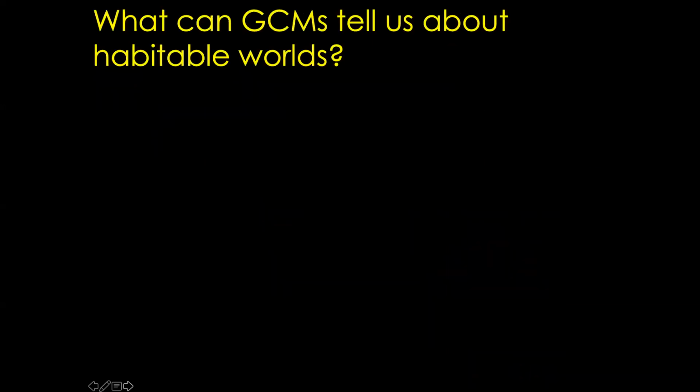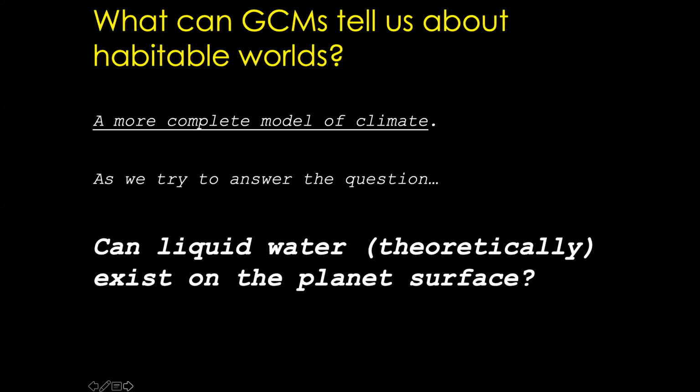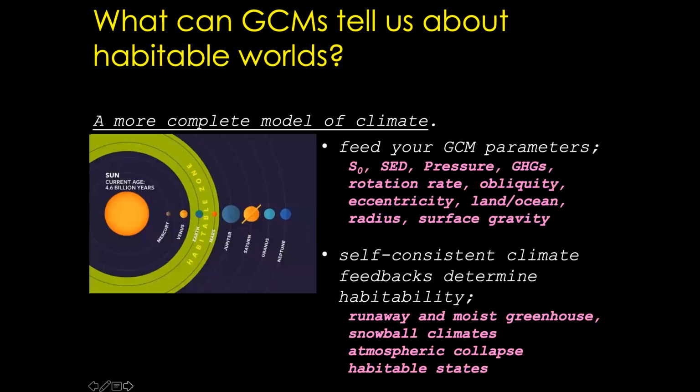So what can GCMs tell us about habitable worlds? Well, they give us a more complete model of climate. If you remember from chapter 1, I discussed that climate models couple many different processes together in a 4-dimensional context, 3 dimensions of space and 1 of time, to help us answer, can liquid water theoretically exist on a planet's surface? So you take your GCM, which has been suitably modified to be able to handle inputs different from Earth,